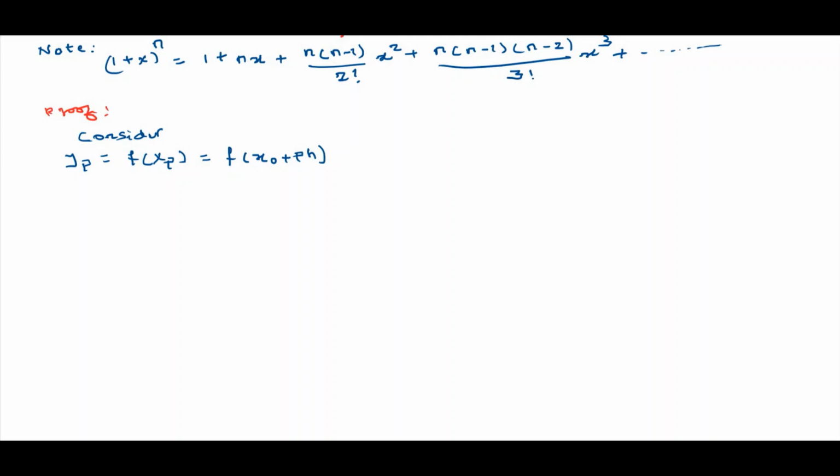Now in this case, try to eliminate this ph, and to eliminate this ph we can make use of the shifting operator. So by using the shifting operator, f of x naught plus ph we can write it as e raised to p f of x naught, but the value of e is 1 plus delta. We know that e is equal to 1 plus delta, whose power is p, f of x naught, briefly we can write it as y naught.